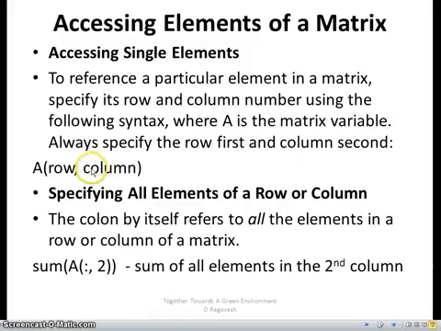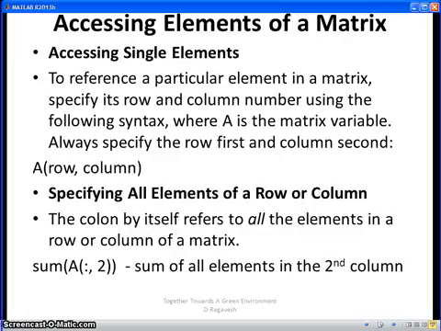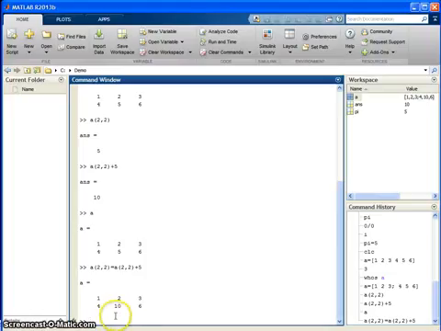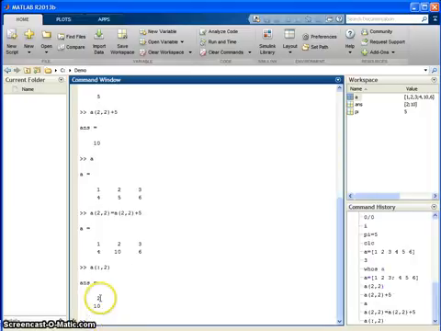So this is how you can access an element of an array, and you can also select a complete row or column using the colon operator. For example, when I say A colon 2, that means all rows, second column. So what is the value? 2 and 10. All rows, colon means all,